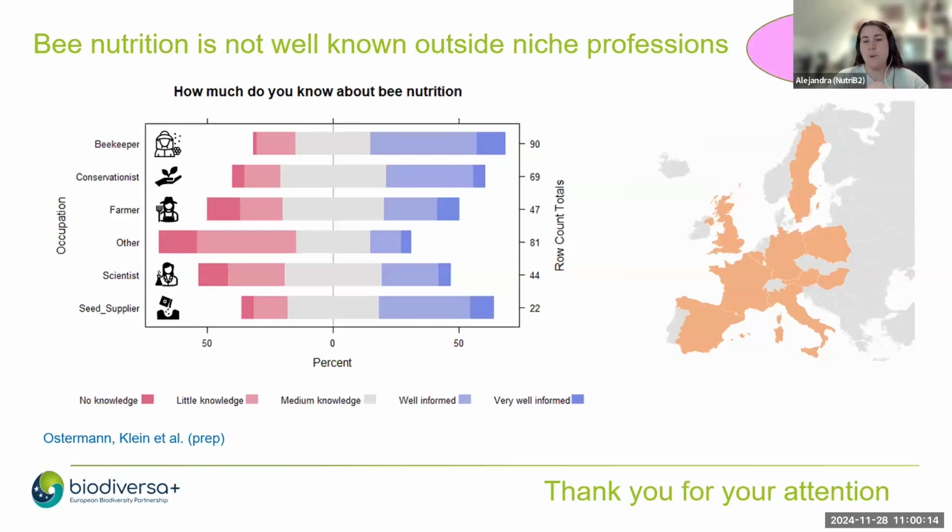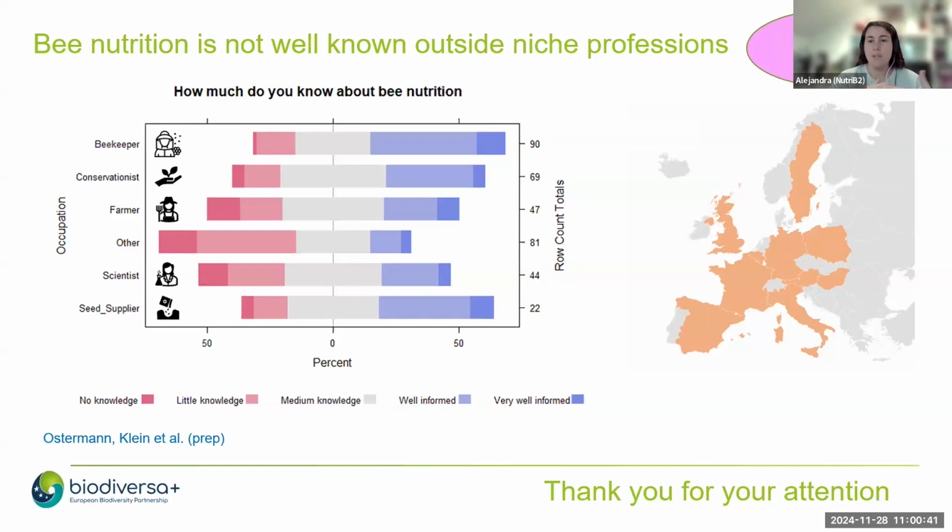Finally, of course, we wanted to include people in our framework because those are the ones managing the land, and making decisions that can alter or enhance these mismatches. And so we did a survey to see how much is actually known about bee nutrition. We collected hundreds of responses from different countries around Europe. And in this graph, you can see the perceived notion of bee nutrition.